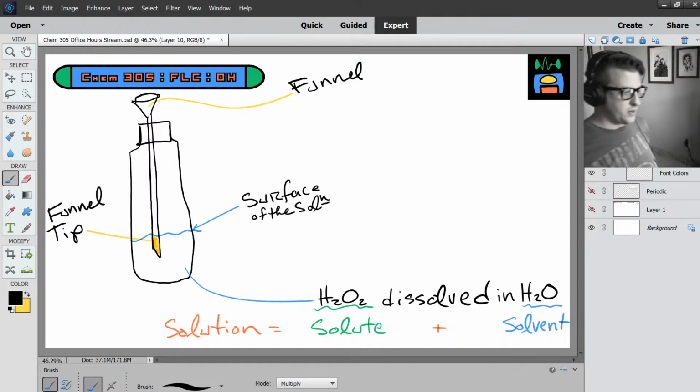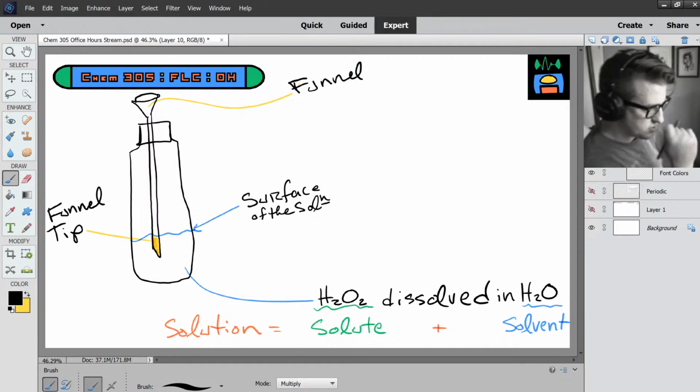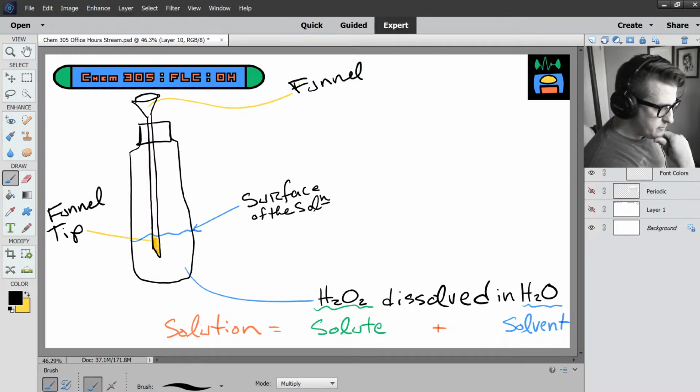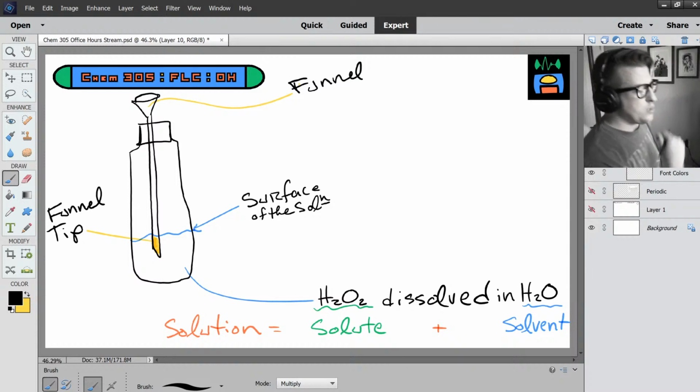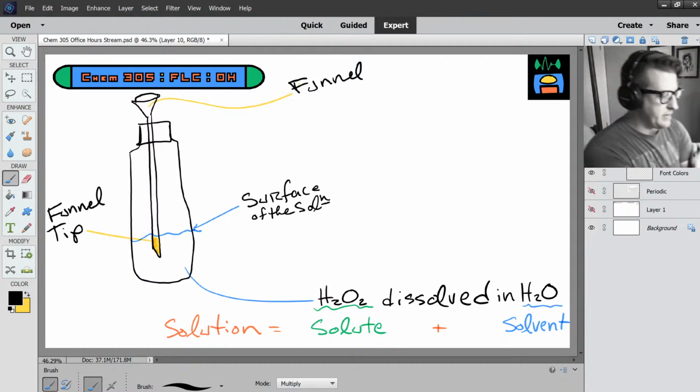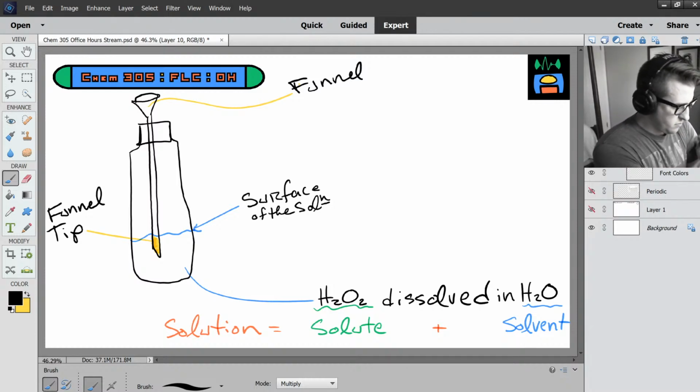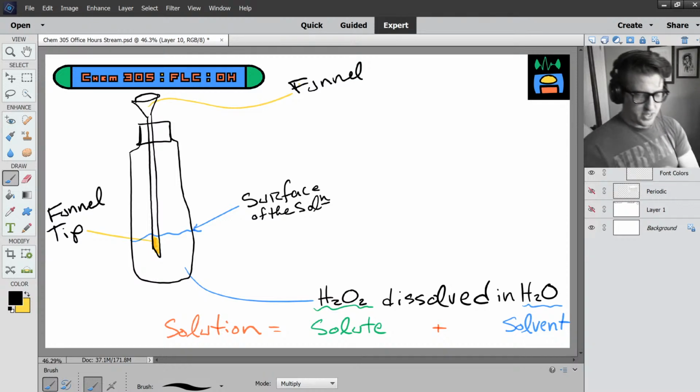With the tip of the funnel being beneath the surface of the solution. Right, totally. So I realize that angles in the videos may not show everything, but this is to kind of illustrate. And then there's a second piece of tubing right here